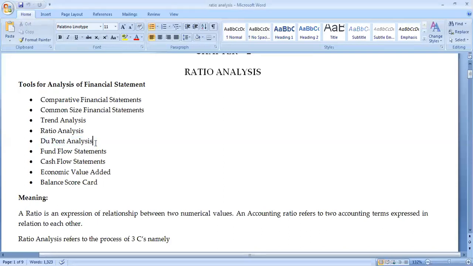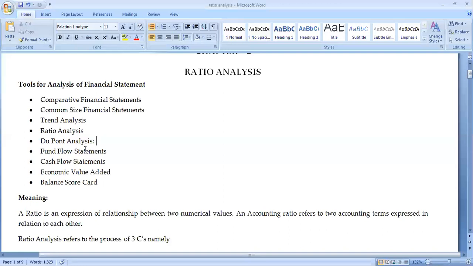Okay. So what is DuPont analysis? DuPont analysis is especially used to analyze the company's ability. There also it was used to analyze the company's ability only. But here one more thing is that it is going to increase the return on equity. In simple terms, how the company can increase the return for the investor will be studied in the case of DuPont analysis. And fund flow statement and the cash flow statement.